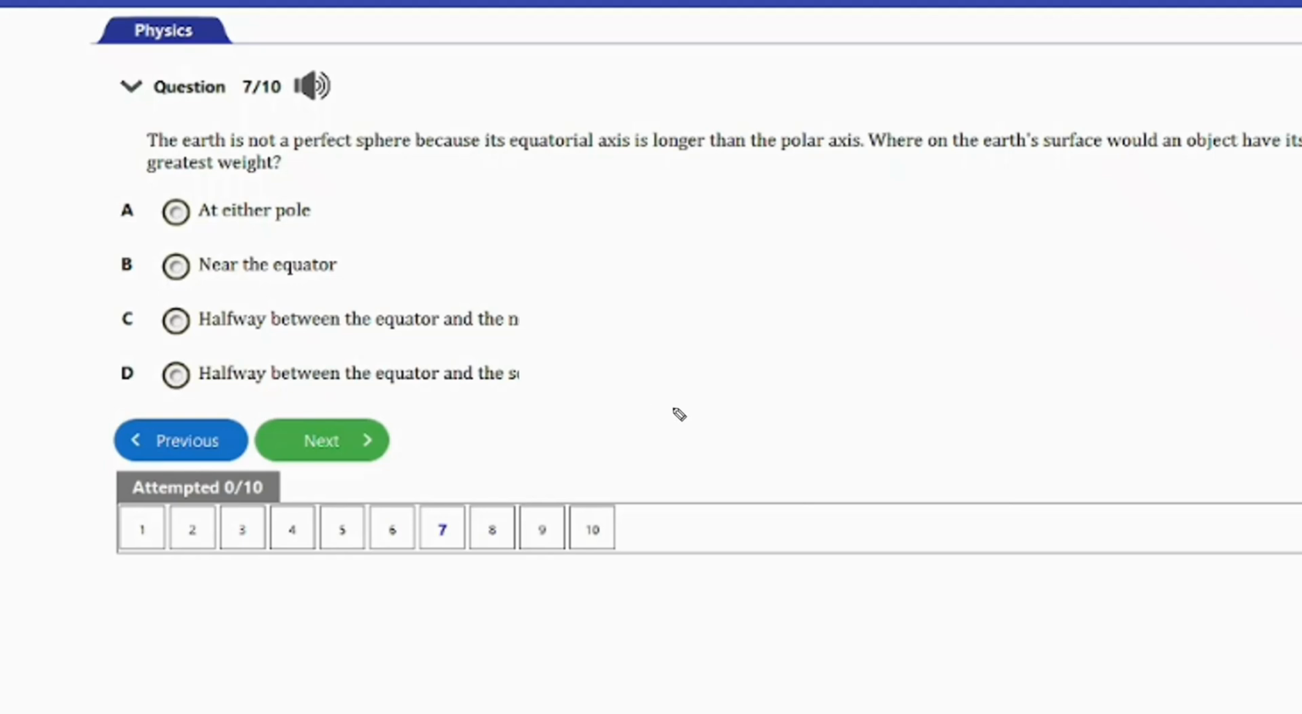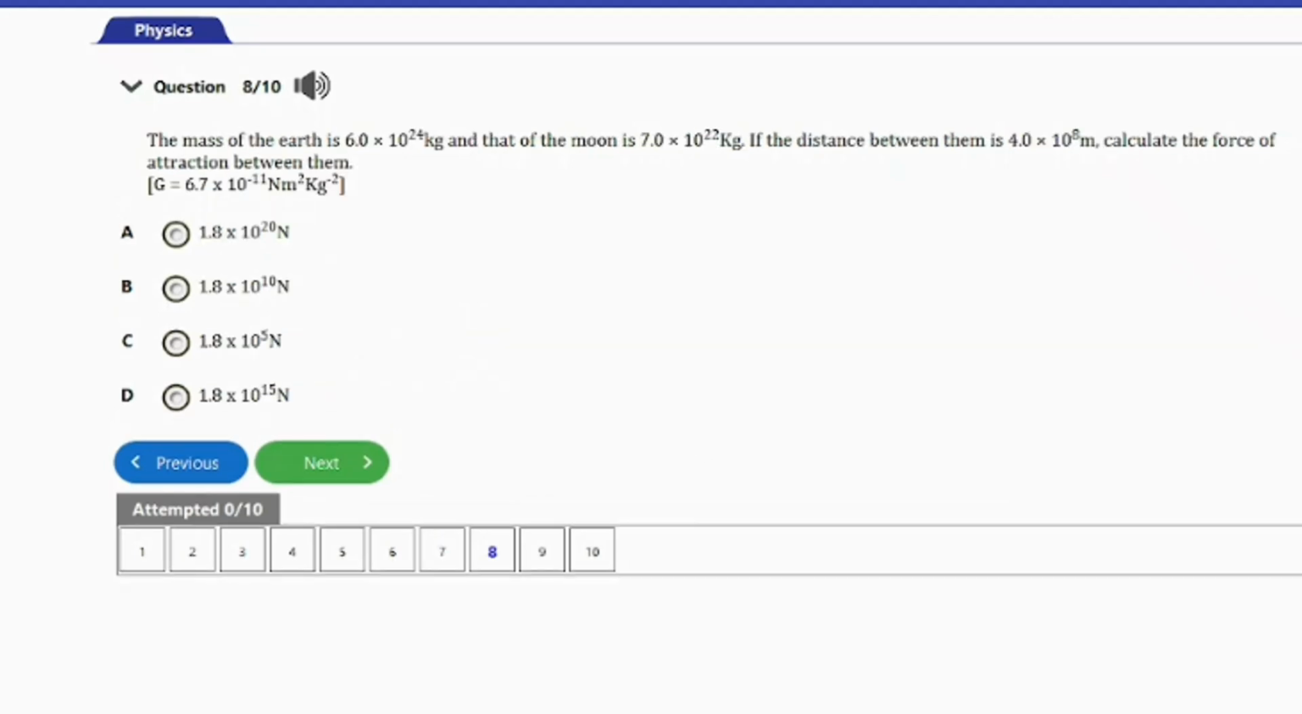So let's go ahead and consider the next question. So that's question number 8. It says, the mass of the Earth is 6.0 times 10 to the power of 24 kg, and that of the moon is 7.0 times 10 to the power of 22 kg. If the distance between them is 4.0 times 10 to the power of 8 meters, calculate the force of attraction